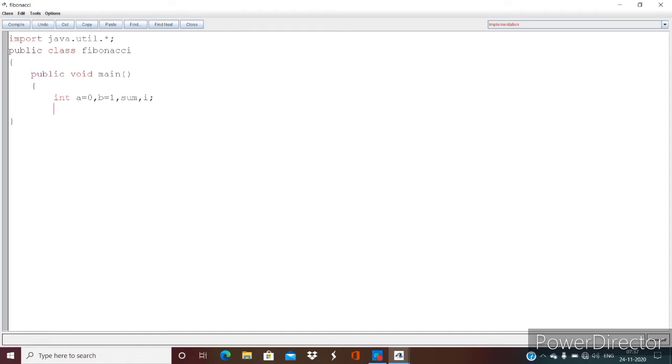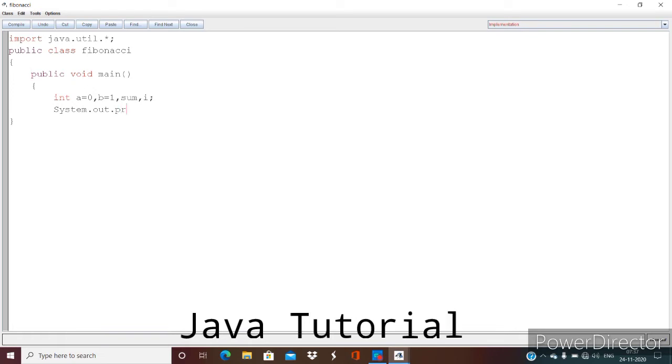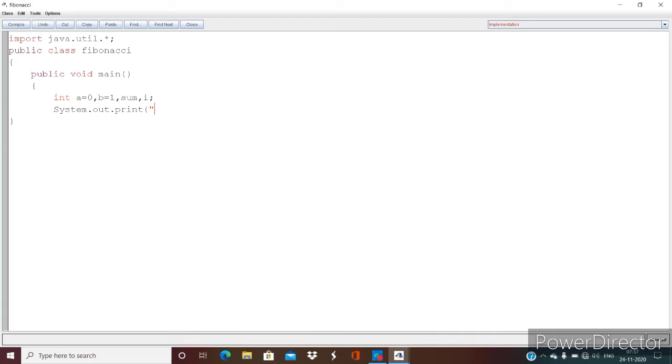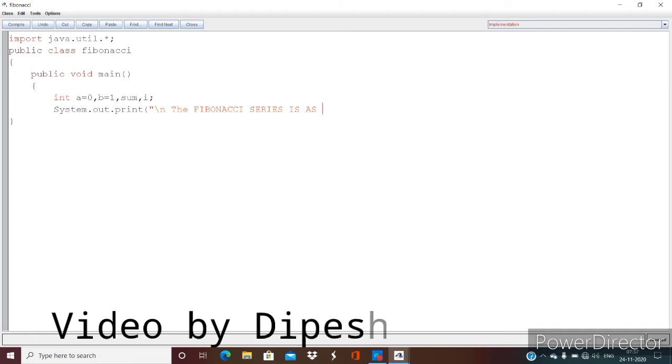Now since the first two values of the series are fixed, I'll print the first two values, System.out.print, the Fibonacci series is as follows.